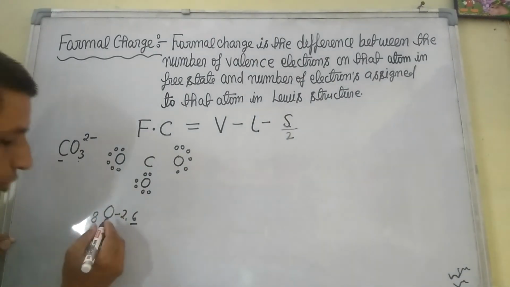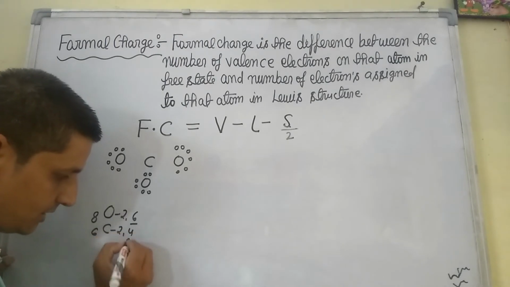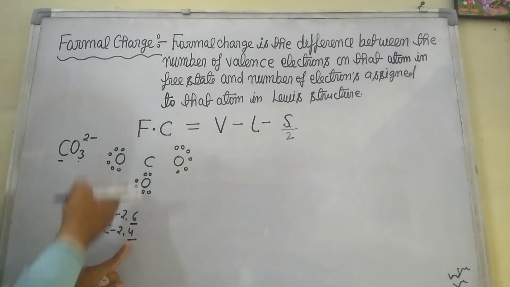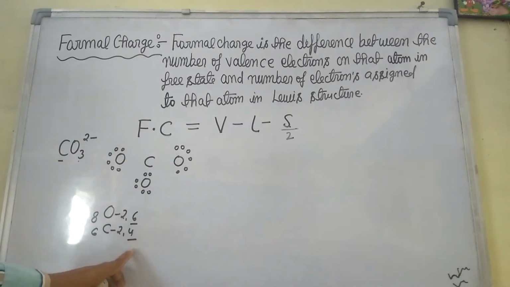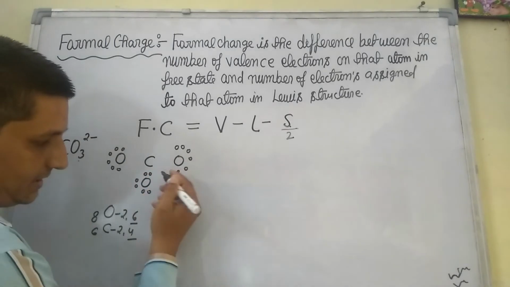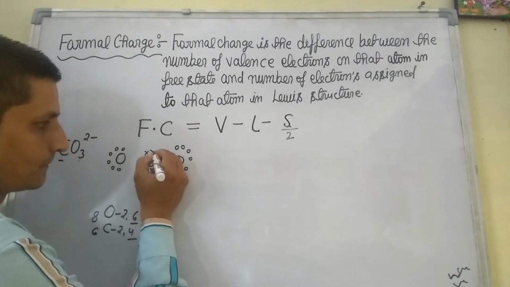Now the atomic number of carbon is 6, electronic configuration 2, 4. 4 electrons are present in the carbon atom, so these 4 electrons take part in bonding. The last shell or valence electrons take part in bonding, so 4 electrons take part in bonding. Oxygen donates 2 electrons here, so we have to take also here 2 electrons: 1, 2, 3, 4.